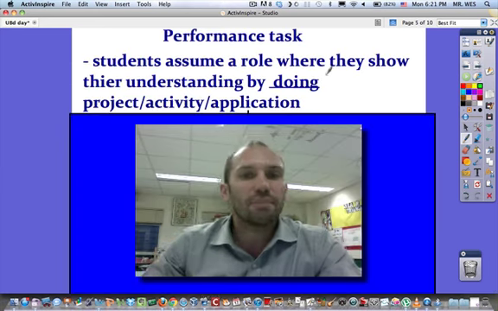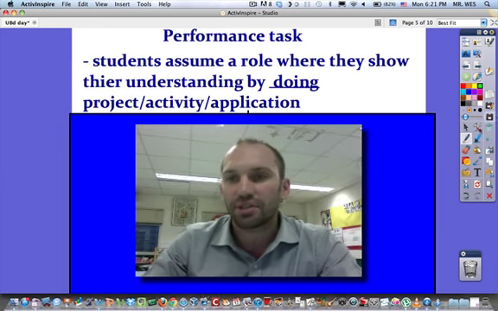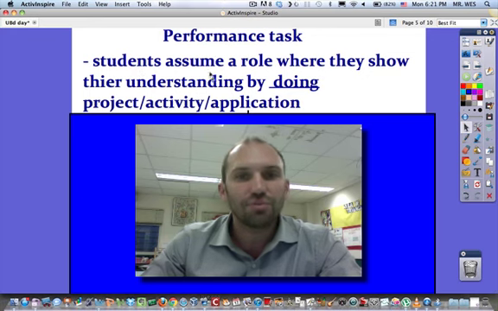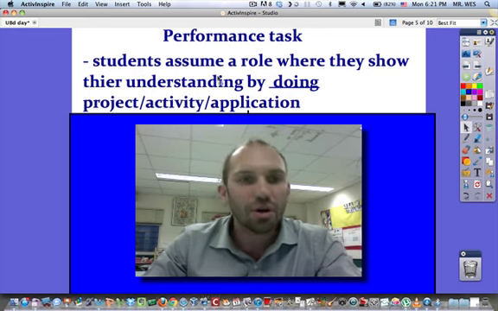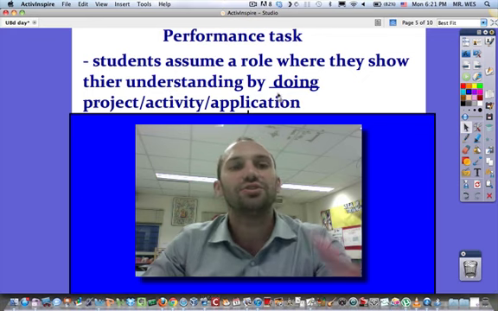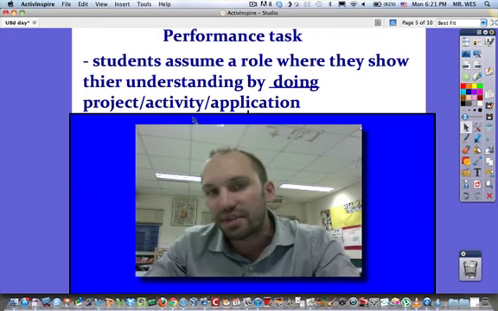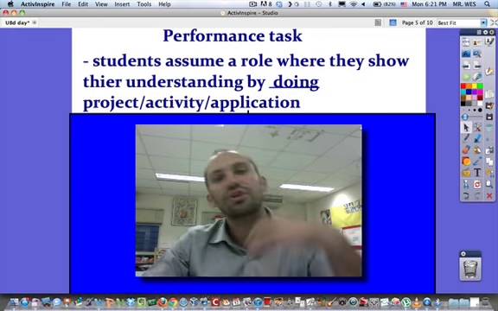Okay, performance task. We can give a definition here: students assume a role, so they're going to be somebody, where they show their understanding by doing a project, an activity, or an application. So they're going to show you that they get it by applying it in a situation.